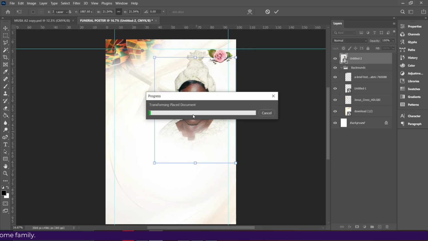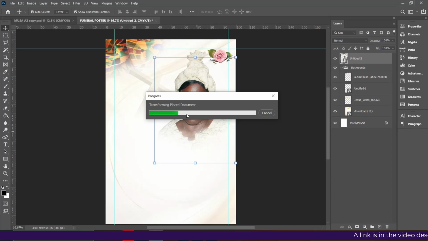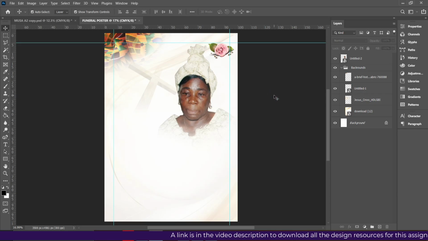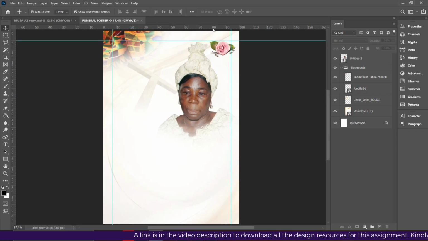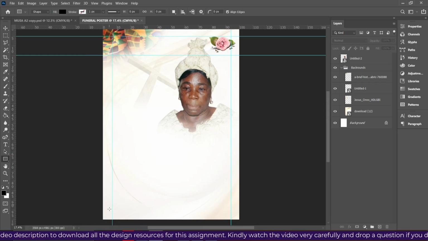Okay, so here you go, and then here, a life well lived, all the information that you need. So this is what I did. What I mostly do is that I activate my rulers just to help me know where I will put all my information. Okay, so let me show you how to do that. Just press Ctrl 0 to zoom to fit, and bring in my ruler to, let's say, 1. All right, bring the ruler somewhere here, and the next thing is to bring in the shape tool, and down here